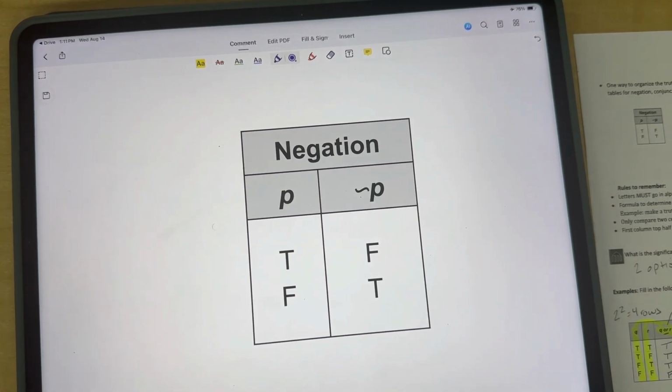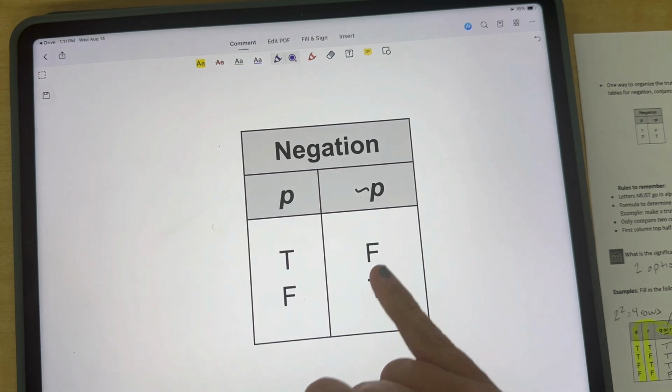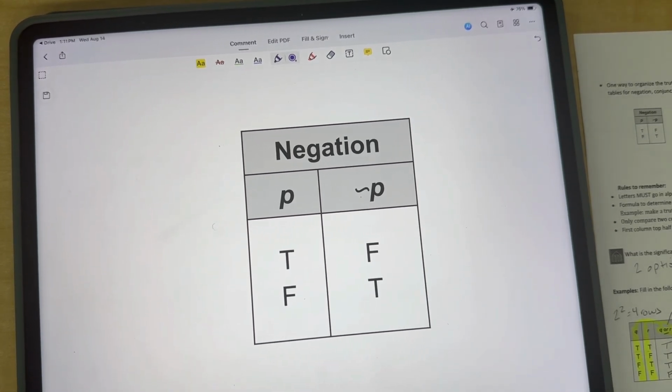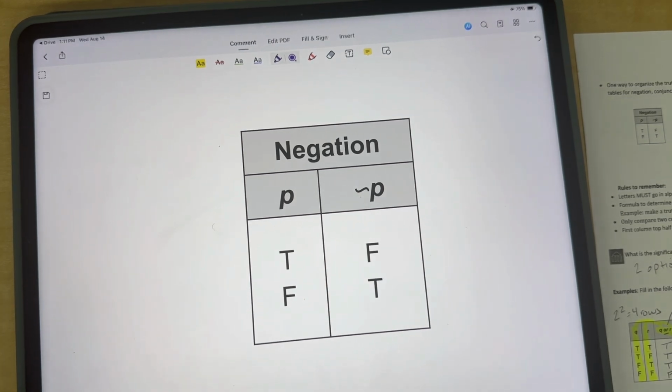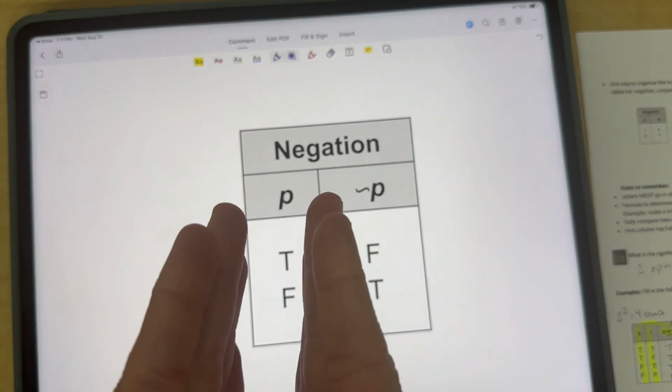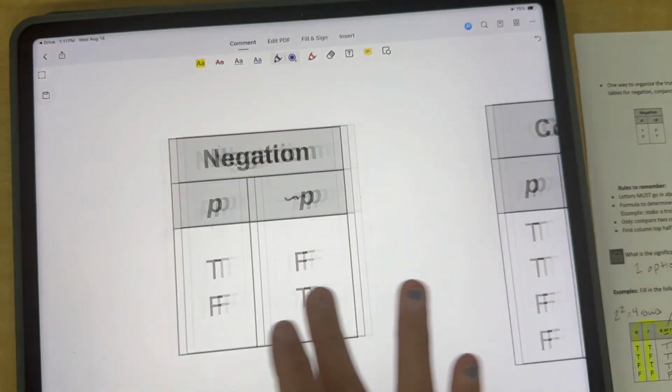If I said, okay, now negate that statement, remember, whatever this is, the negation is the complete opposite of it. So if I said, the sky is blue right now, what would be the negation? The sky is not blue right now. Well, if it is blue, then the original was true, now this is false. But if the sky was cloudy and it was gray, then the negation is true, because yeah, the sky is not blue right now. So again, everything has two options, true or false for each statement, and the negation is just the opposite of that.